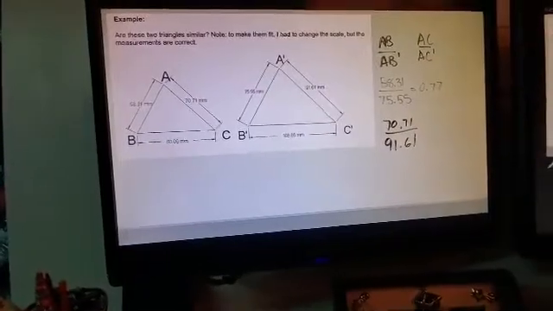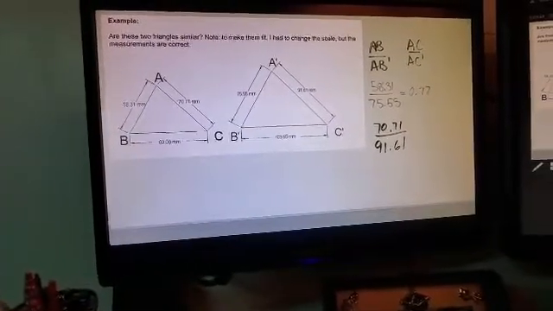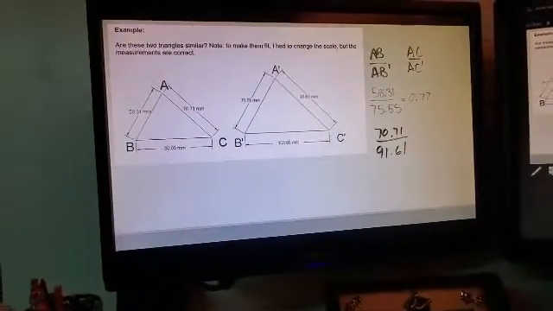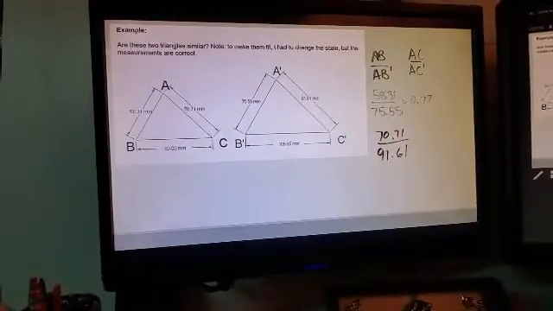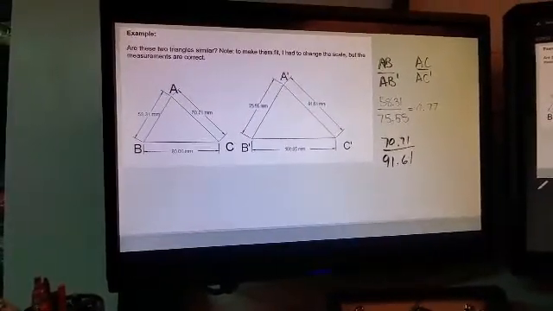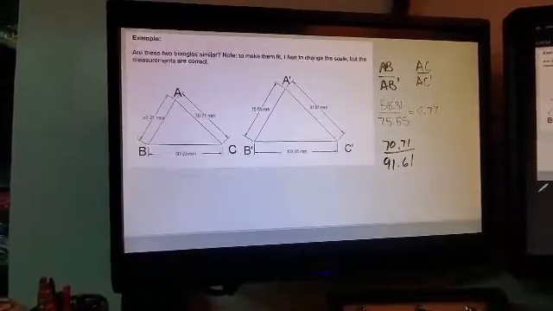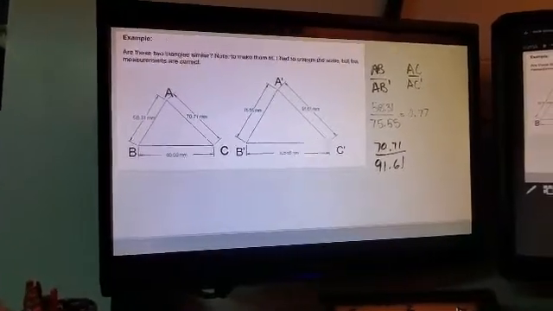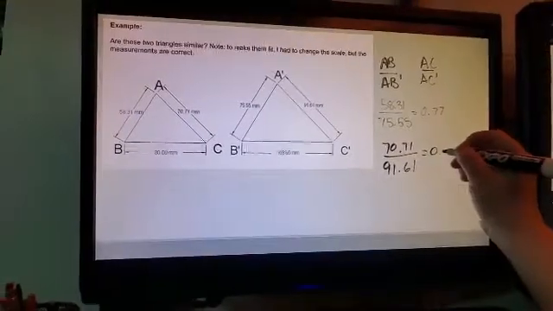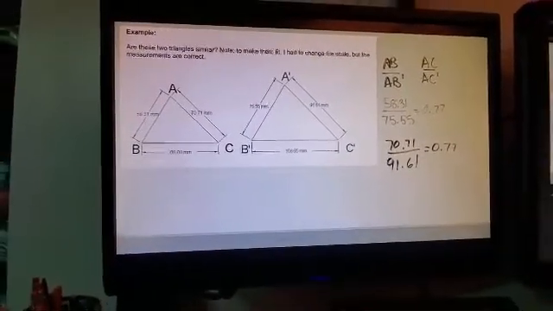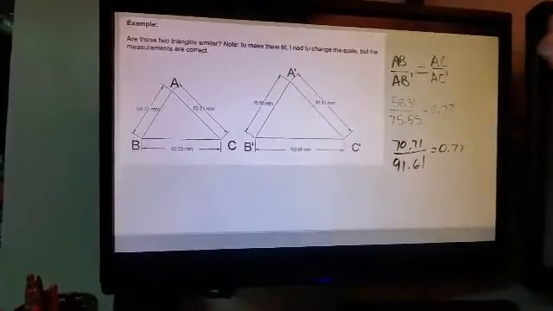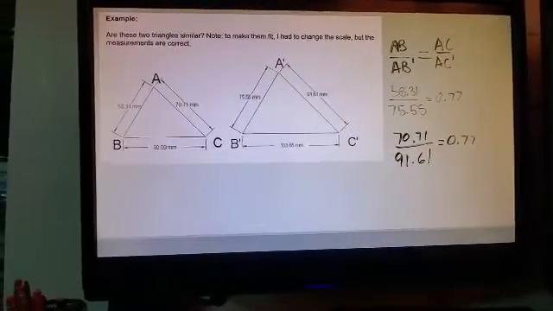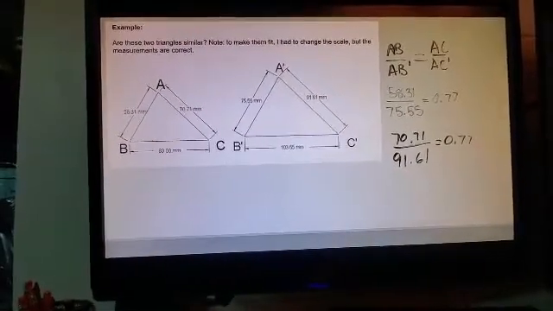So let's compare. 70.71 divided by 91.61, we get 0.77. All right, so we're in good shape. These two are equal. Can we stop here? No, we have to check